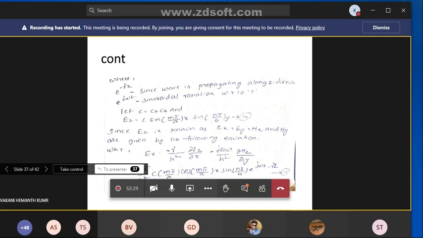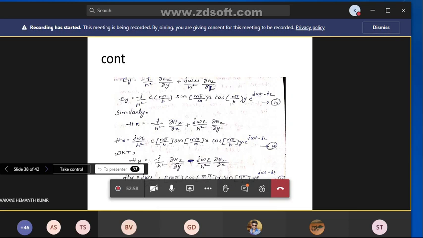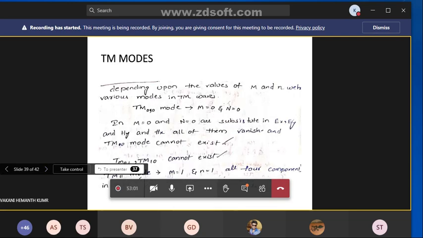That is the Ex equation. Okay, so similarly if you substitute Ez in the Ey equation, you will get Ey, Hx and Hy. So these are the four field components in rectangular coordinates: Ex, Ey, Hx, Hy. Substitute this Ez equation in all four field components. Okay, right.